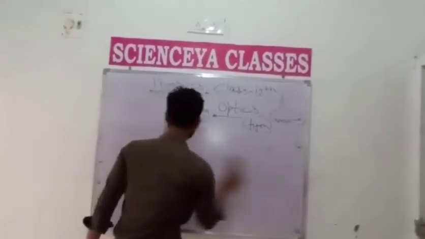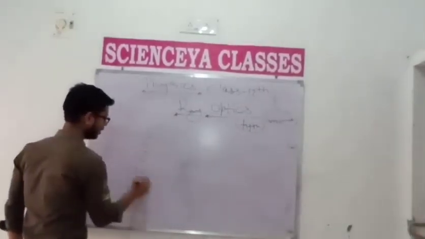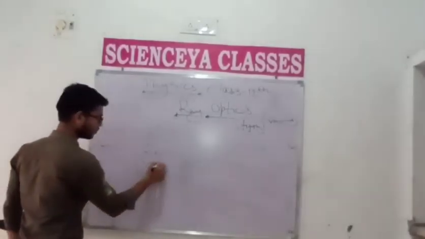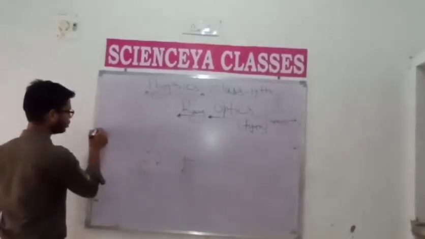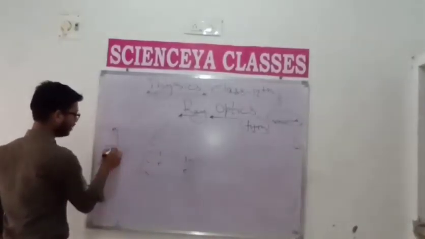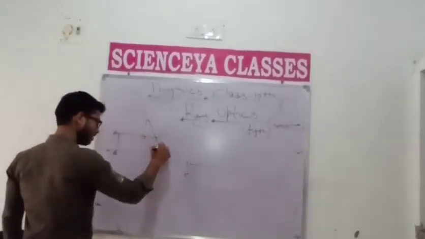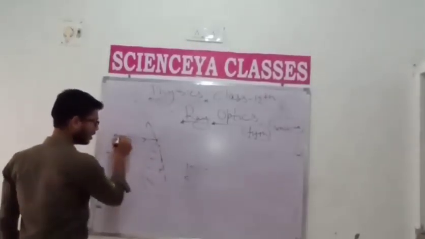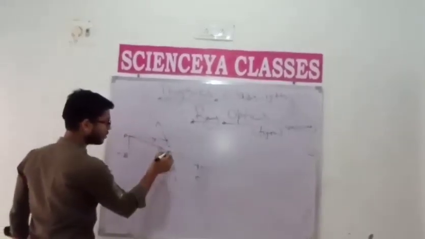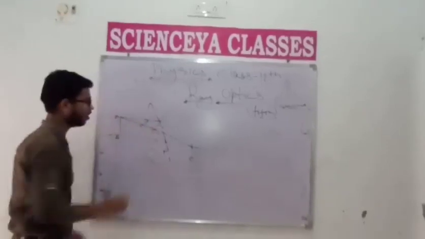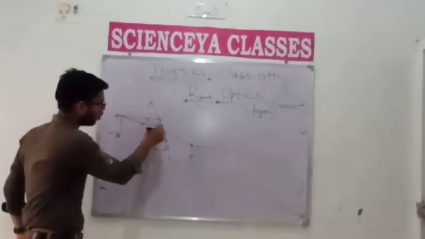curvature. Let us draw the situation when the object is placed between the center of curvature and infinity. Student, let us suppose this is infinity and the object is there. So simply student, the rays that are parallel to the principal axis must pass through the focus, understand? And the second ray that is incident on the surface and directed to the center of curvature must pass through the center of curvature, because this is normal to the surface of the convex mirror.